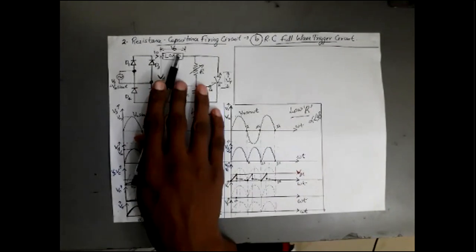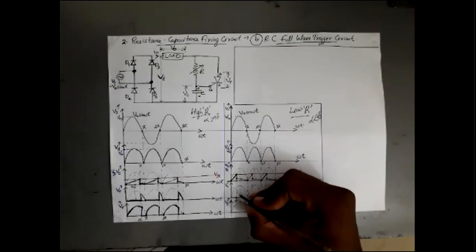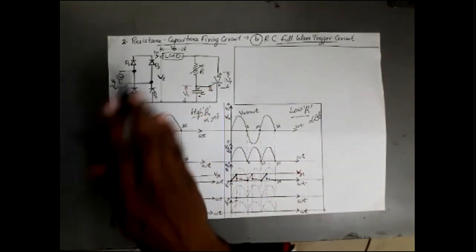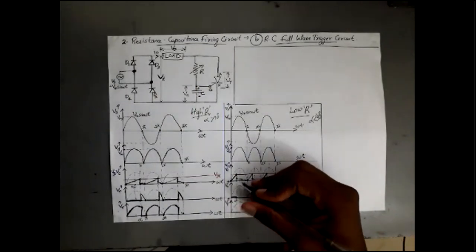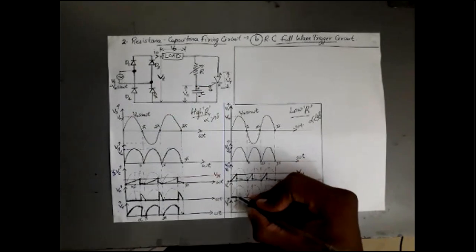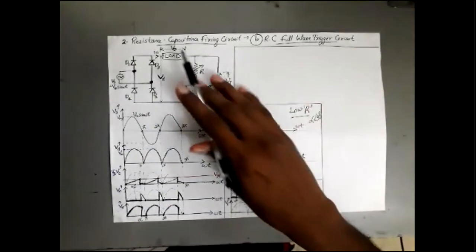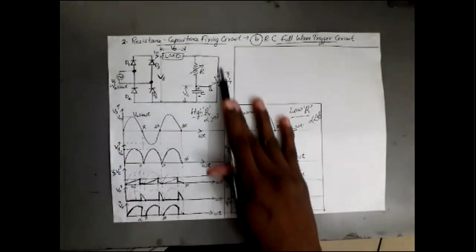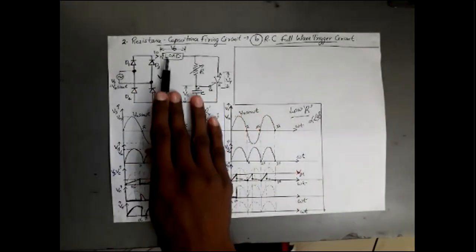Then when my SCR is not conducting, voltage across my load will be zero, as I said earlier. Up to alpha, my V naught will be zero. At alpha, what happens? My SCR got triggered, and then I naught will start flowing through the circuit. Then V naught will be appearing across my load, and this V naught will be equal to which value? Equal to Vd, because SCR will be conducting, so it acts as a short circuit. So Vd is applied across this circuit, meaning entire Vd will be appearing across my load.